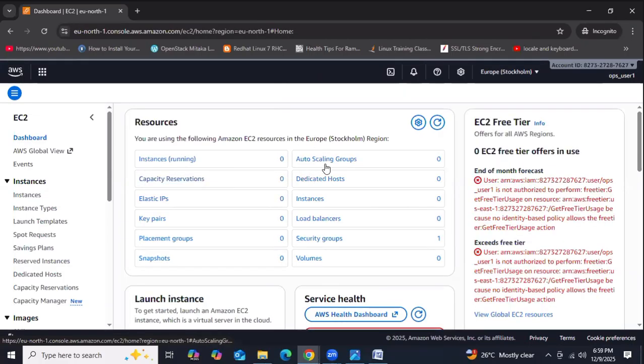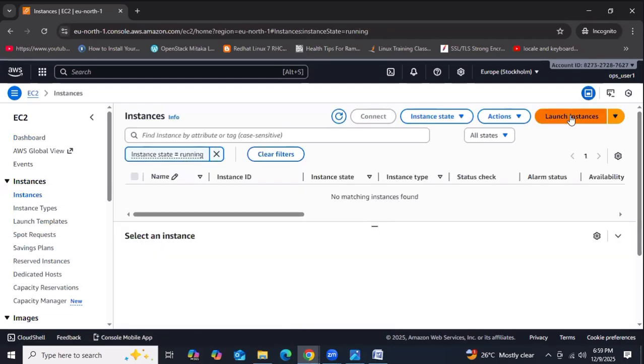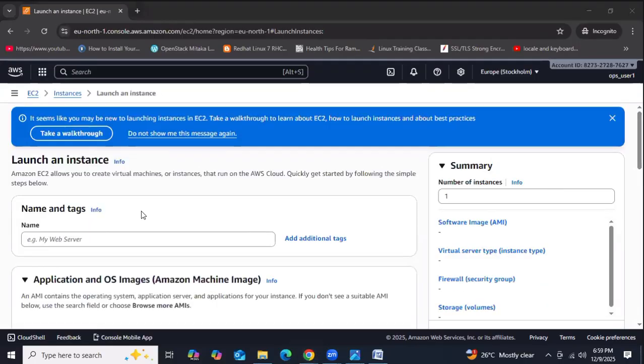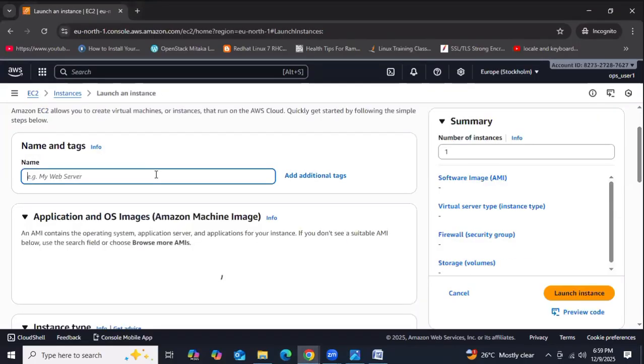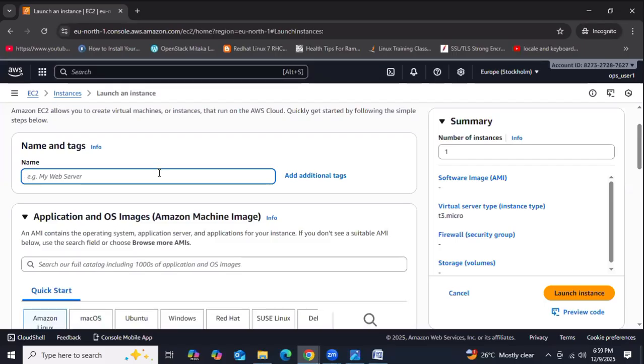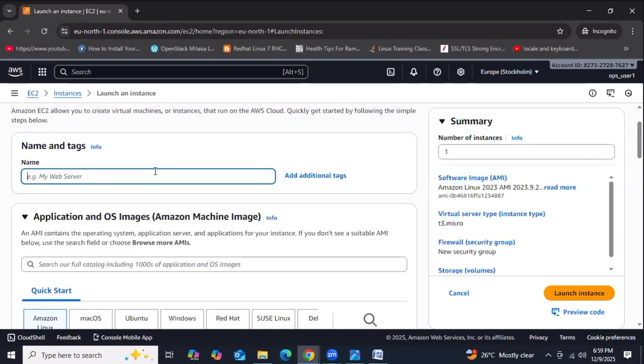There is no API error, which means this guy has the full access. Can we launch the instance? Click launch instance. Just for namesake I'm launching; no need to bother whether it has the permission or not. So now I'm going to launch one instance. I hope you're clear, guys. So like this, predefined permissions will be there. You can provide the predefined permission for a user, and for a group also.